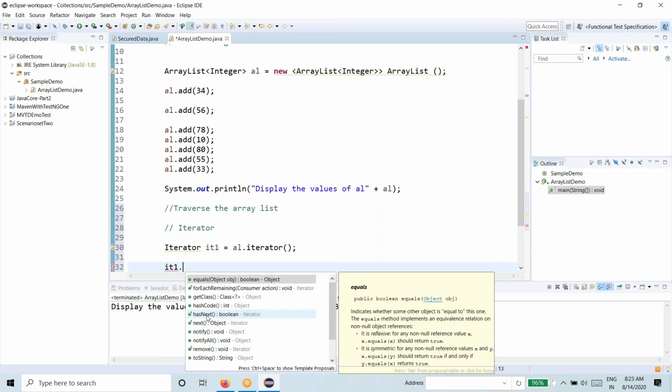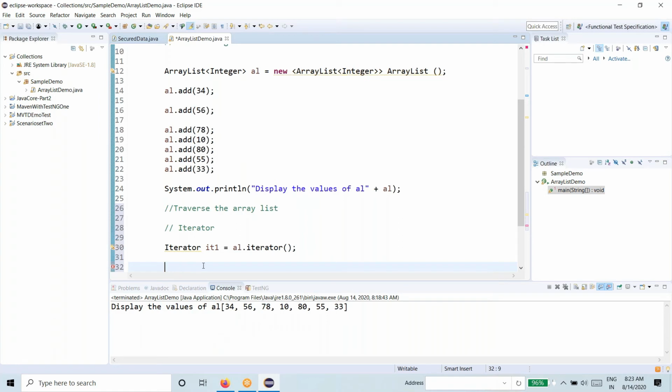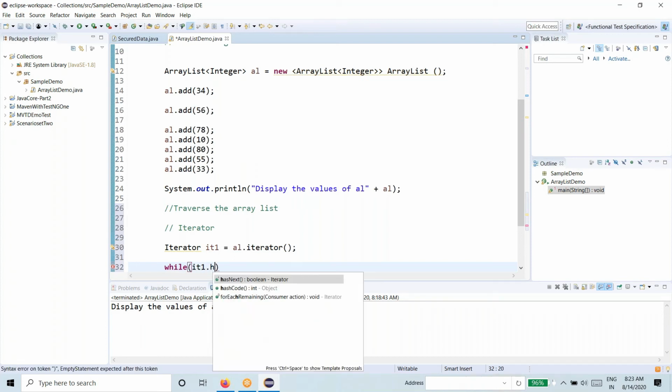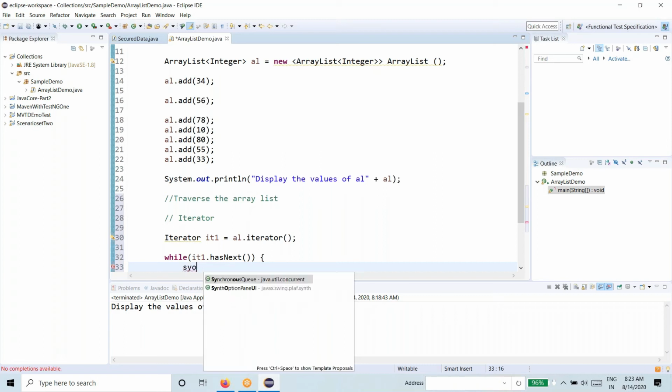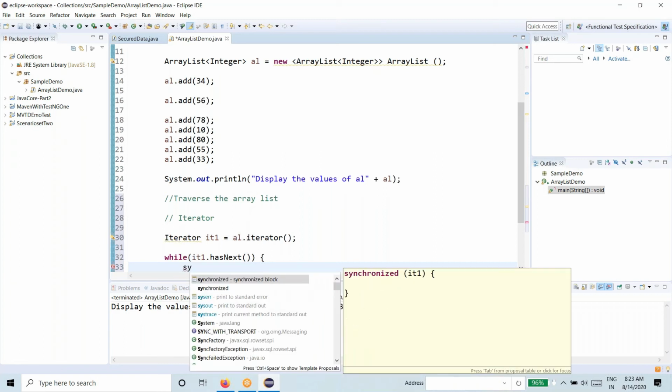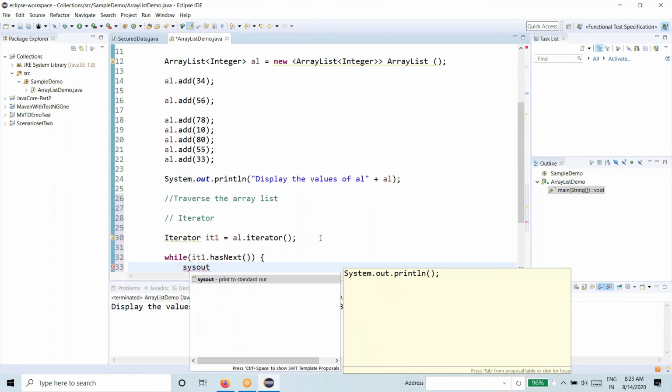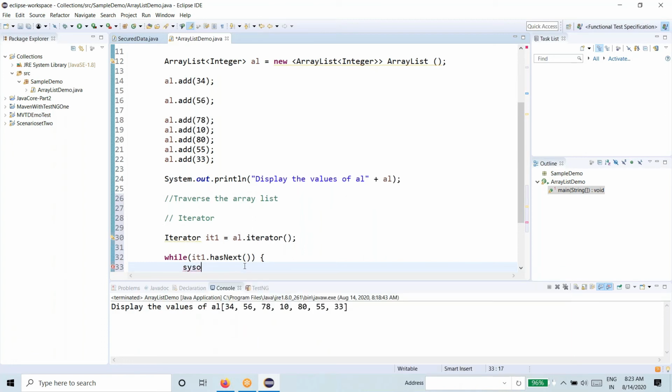And one more method is the next method, so we can print with that method. How can we use it in a loop? We can use a simple while loop, and here let's say it1 dot hasNext. Then I want to print the element, so one sec, control space is not working.